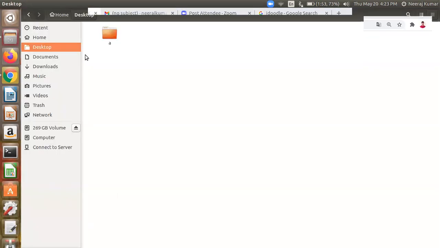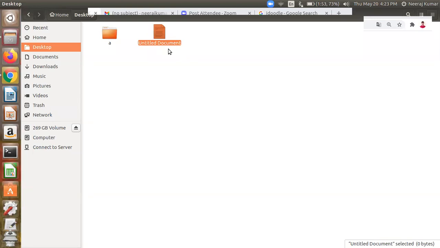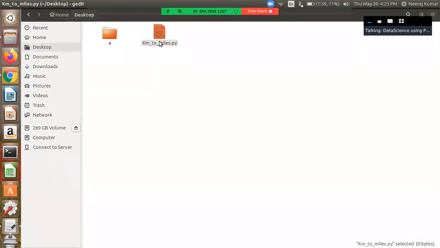Or I'd like to show it in an offline manner, which means there is no requirement for internet: how to do a Python program using files. First of all, I need to create a new document, and I would like to name it. The first one is kilometers to miles, right? I'll mention it in the same fashion, and I need to use an extension called .py. This is the file name for Python programming. I need to use the .py extension for the file, and if I open it,